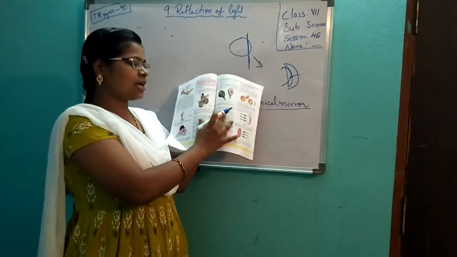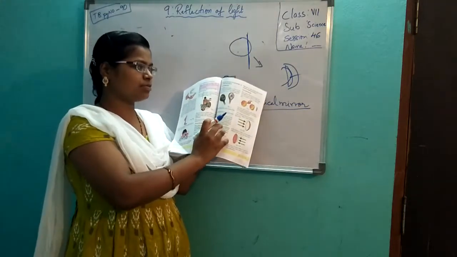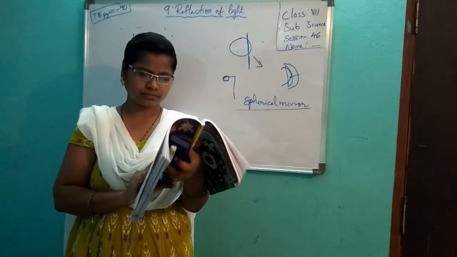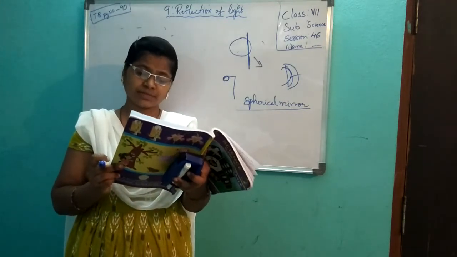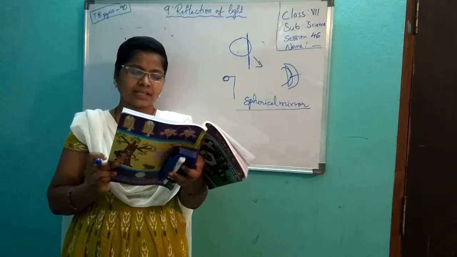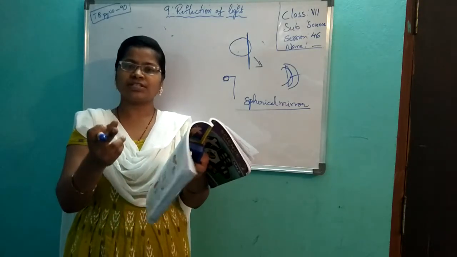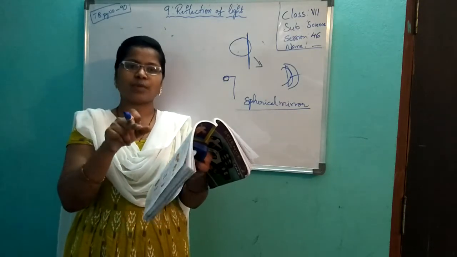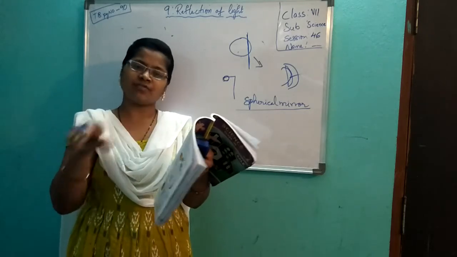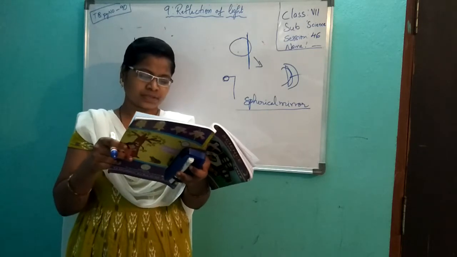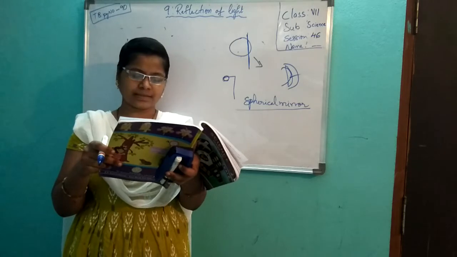See this paragraph I am reading, it is very important for you. Below this table you see. When you look at the inner portion of the spoon, you find a reversed image. Yes, you will see a reversed image. The inner portion of the spoon acts as a concave mirror. When you are watching this video, immediately stop the video, go take a spoon, bring it, see it, and again start watching the video. When you look at the outer portion of the spoon, you find a small size image.